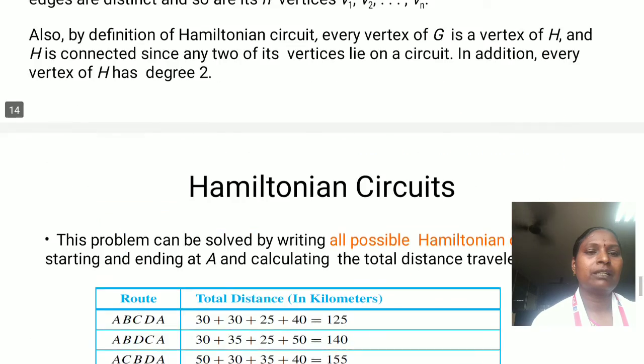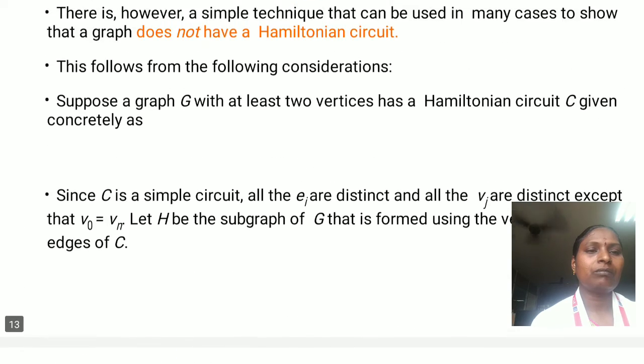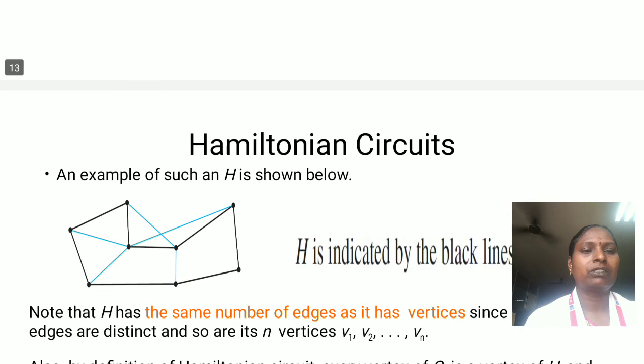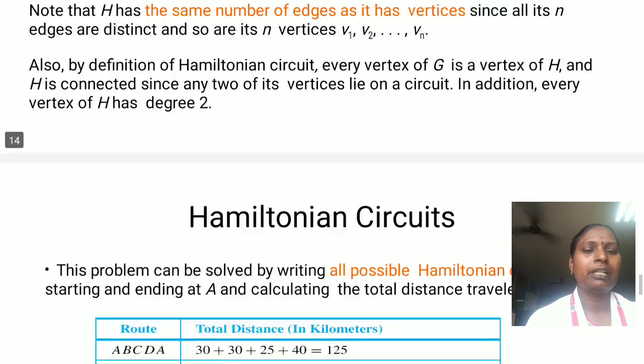Let us recall the Euler circuit and Hamiltonian circuit. In an Euler circuit, the starting and ending points are the same. Moving from one vertex and returning to the same vertex by crossing all the edges exactly once is called an Euler circuit, and crossing all the vertices exactly once is called a Hamiltonian circuit. If an Euler circuit exists for a graph, that graph is called an Euler graph, and if a Hamiltonian circuit exists for a particular graph, then that graph is called a Hamiltonian graph.